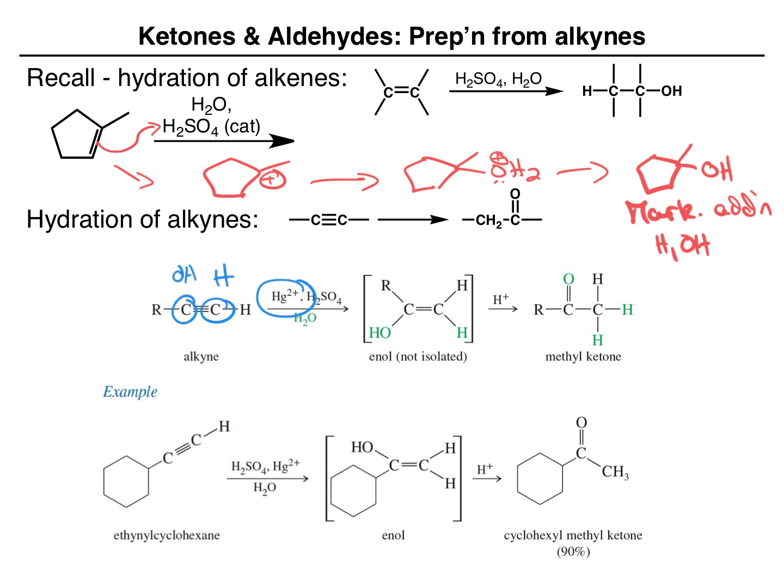This leads to the formation of an enol, where we have the alkene and one of the alkene carbons is directly connected to the alcohol. This is an enol. Under these acidic conditions, however, the enol is not isolated because this will tautomerize to give a ketone. So an enol and a ketone are tautomers, which means they are isomers that differ only in the